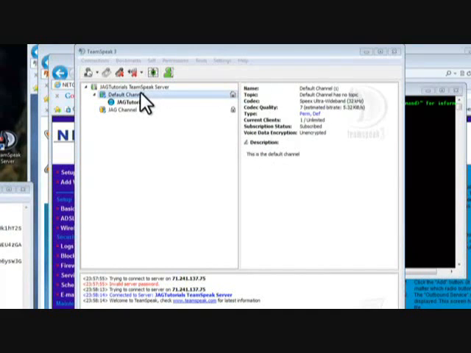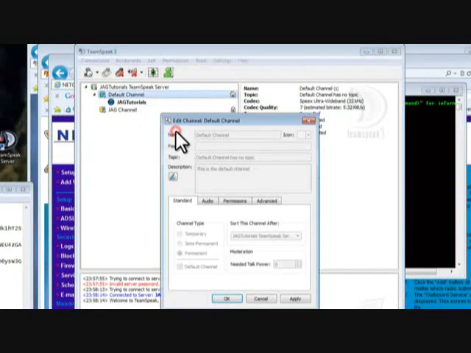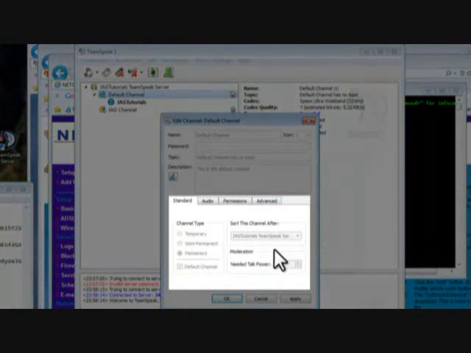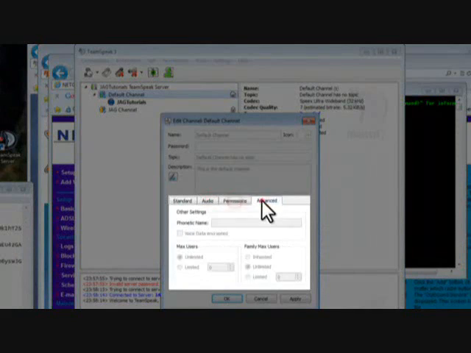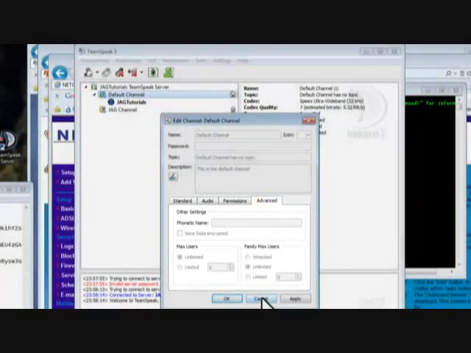If we right-click on the default channel and select Edit Channel, we can see that all the options are grayed out. This is just an example. They can't change any of the server settings. Now we also created that section